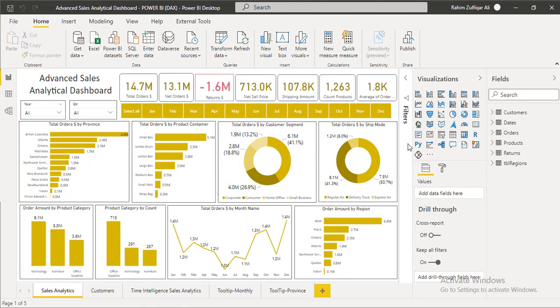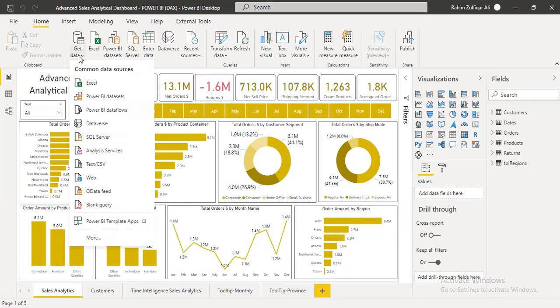You can see the main layout of this advanced sales analytical dashboard on the canvas, but behind that there is a lot of working and technical things which a user needs to understand, that is, how he brings the data into Power BI. There can be multiple sources. Either the user brings the data from Excel files located on their hard drives or on a local area network, or the user is interested in bringing the data from SQL Server, a website, or text files, and there are more than 200 connectors available, right?